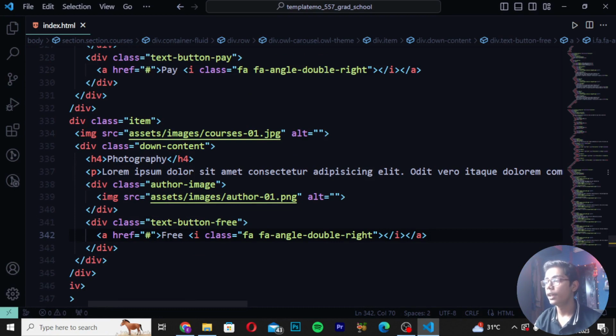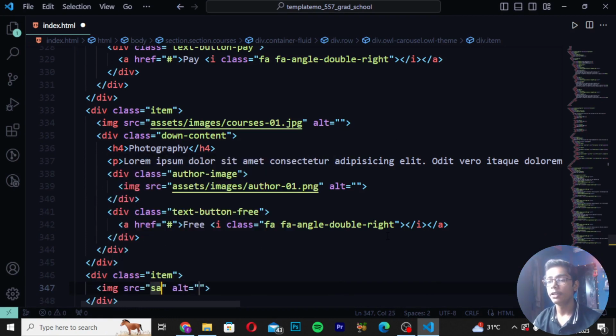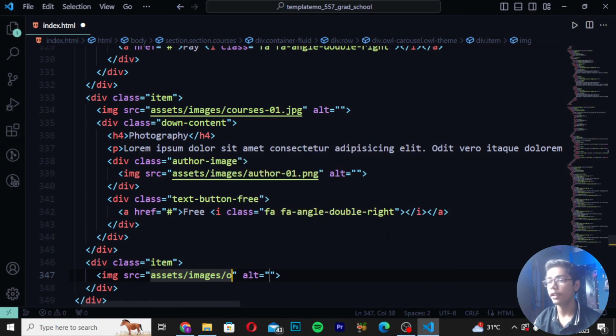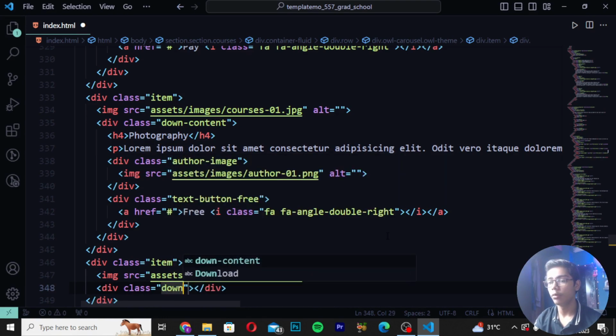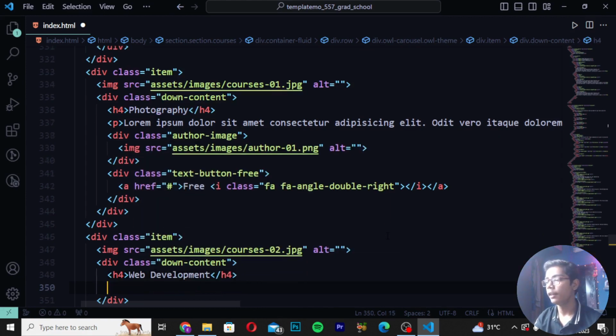So I will now give the div again, which should have the class as item, and use image ss slash. So here I will now write ss slash images slash and write courses2. So this will be our second image. Then I will write div class down content, and then you have to write here h4 and create web development. When you have written this, you have to move down, and here I will write a p tag